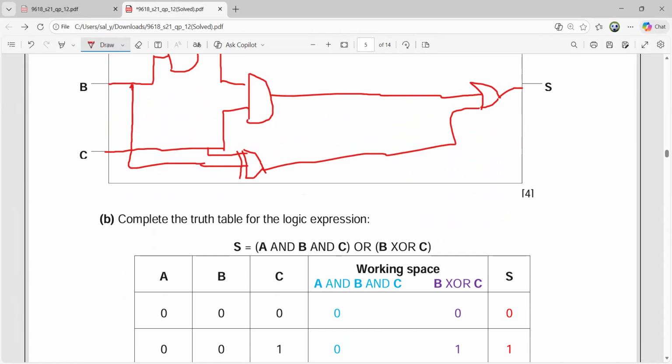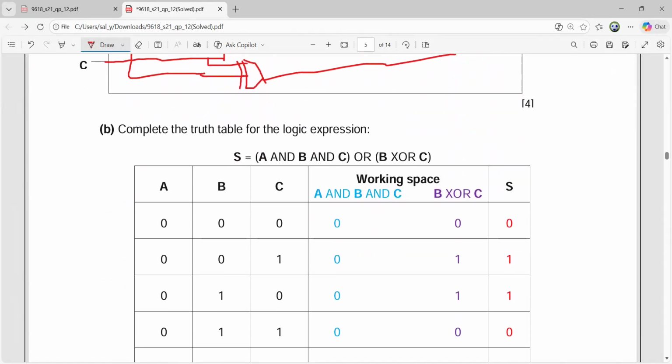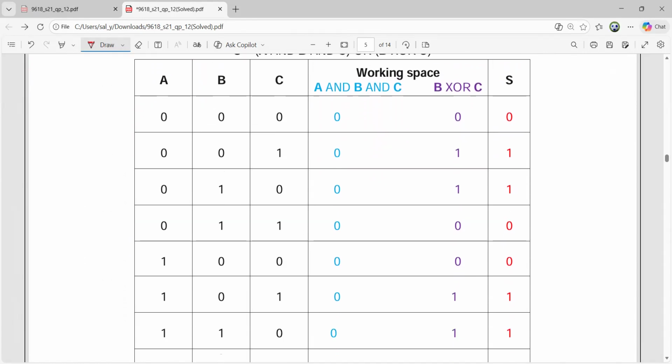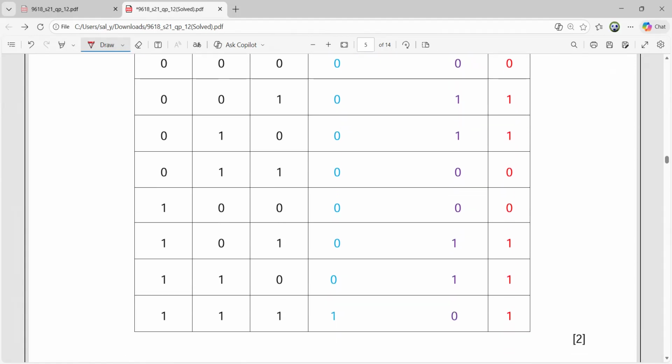Complete the truth table for the logic expression. S equals A and B and C, or B XOR C. So here it is done for you. A and B and C. So you can see here the three inputs are 0, so definitely it will be a 0. So A and B and C will give you a 1 only when all the three inputs are 1. As you can see here, in all other situations, the result is a 0. So this is the answer for A and B and C